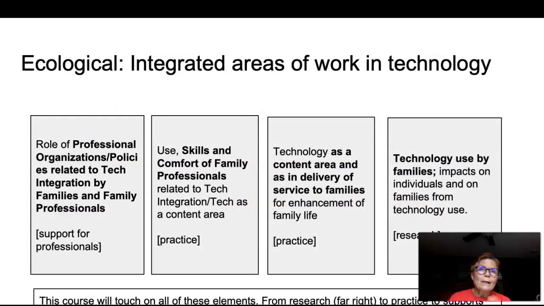I wrote a paper back in 2015, 2016. You'll read it at the end of the course, but I look in a very ecological, very systems way. And so we're going to basically unfold the course in that same sort of systems perspective. So the majority of our course will be on technology use by individuals and families and the impacts on the family members. But in doing that and understanding that research, we then see that for practitioners, technology becomes both a